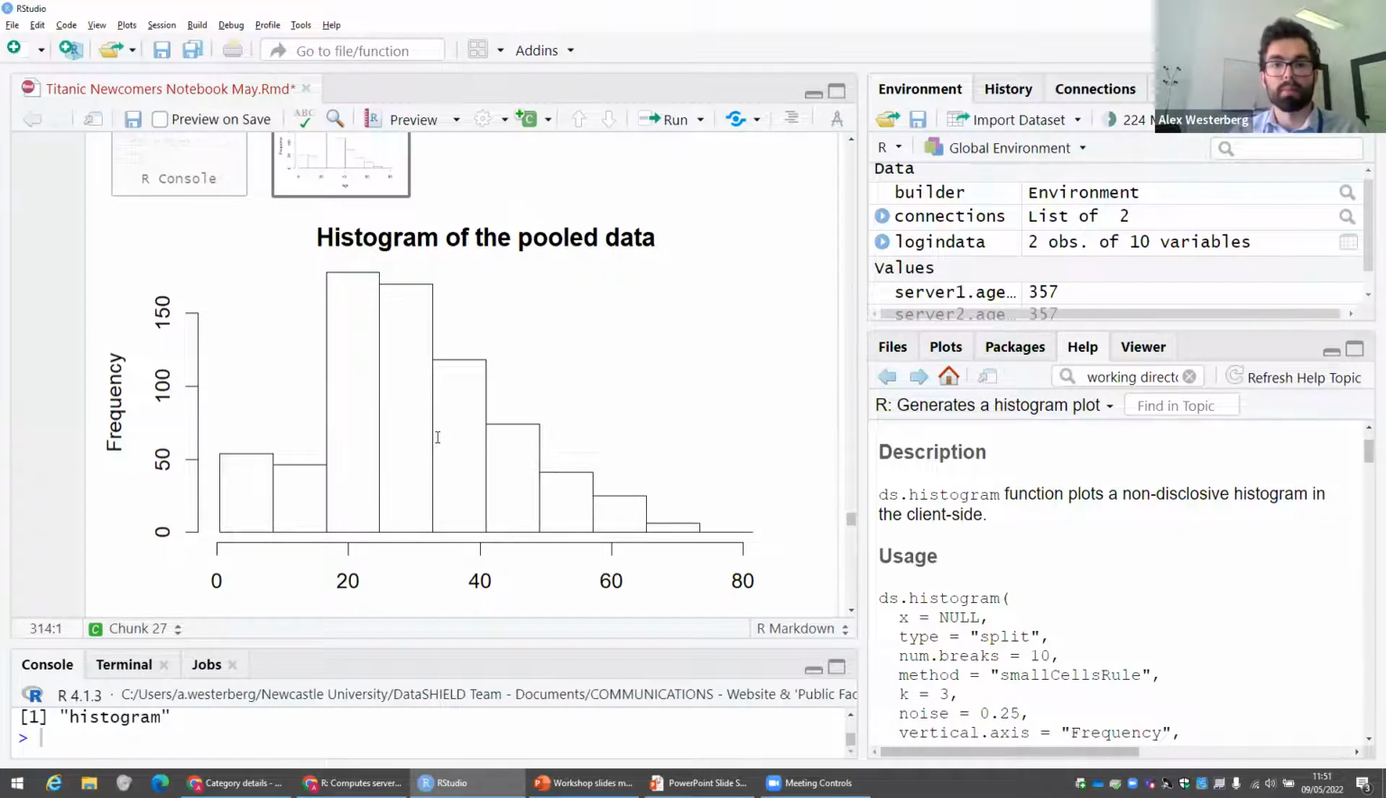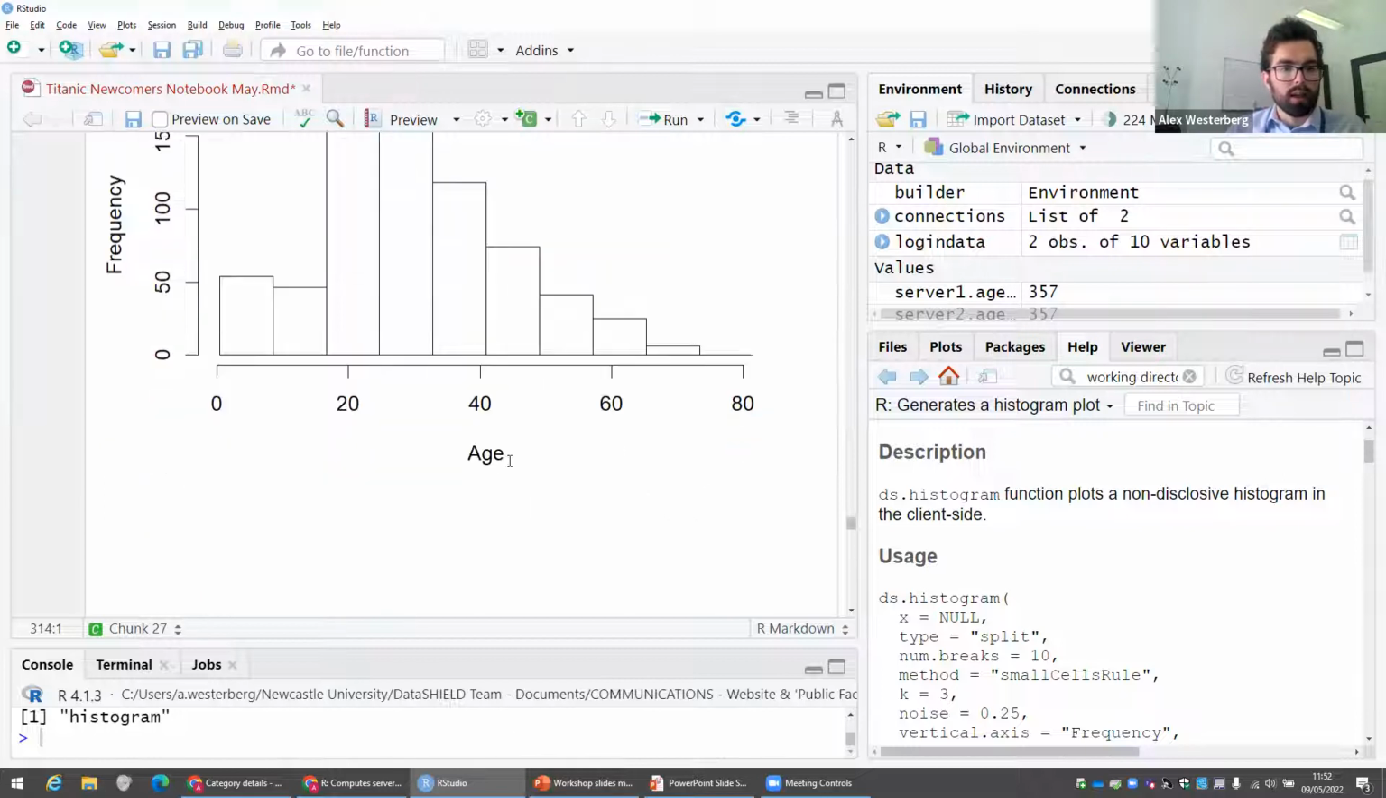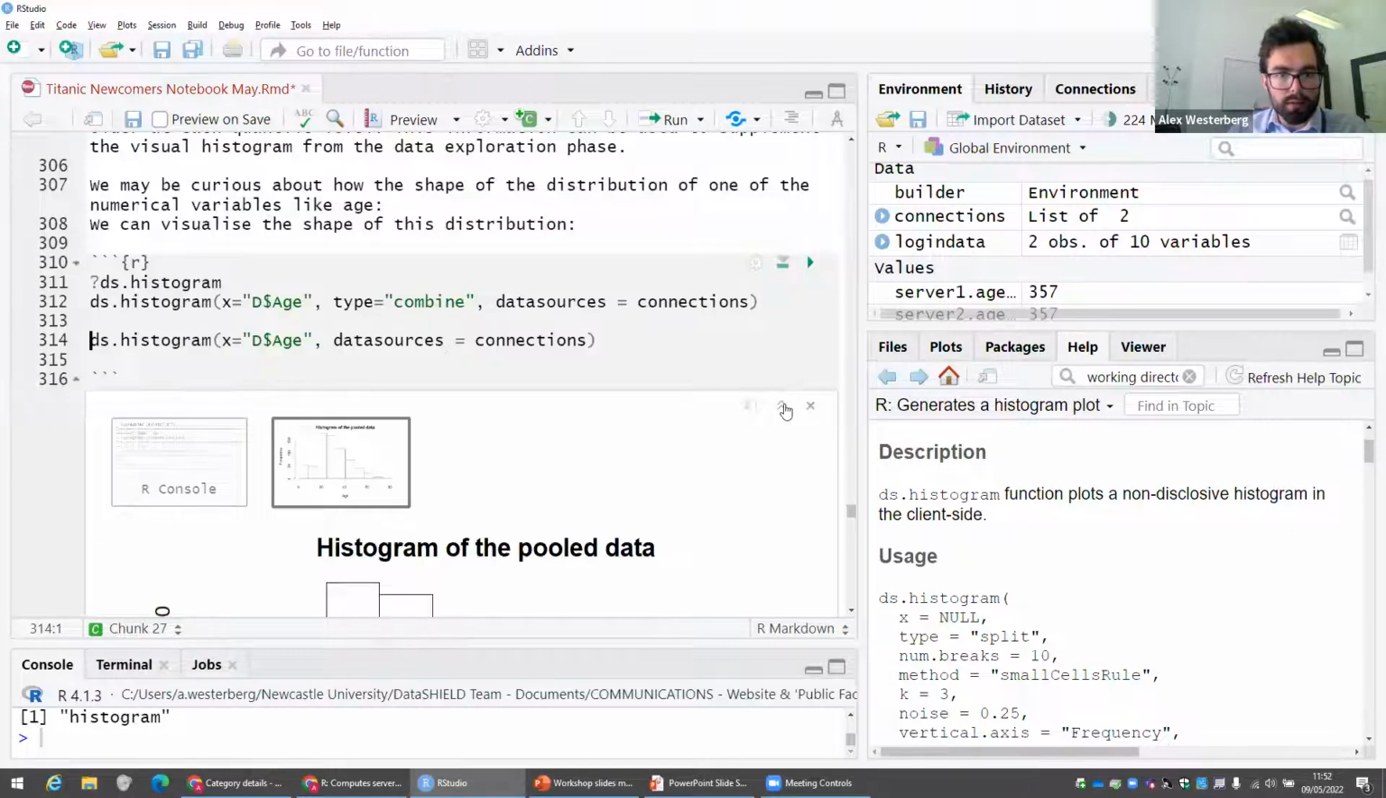non-disclosivity is preserved by hiding the bins at the end, so that you can't see one outlier up at 90 to 95, which could give away the age of an outlying passenger. So only the bins in the center, where there's a certain number of passengers pooled together, are allowed to be plotted. So if we hide that one,